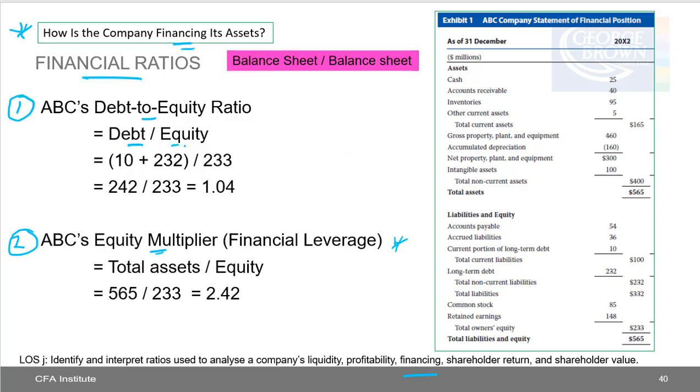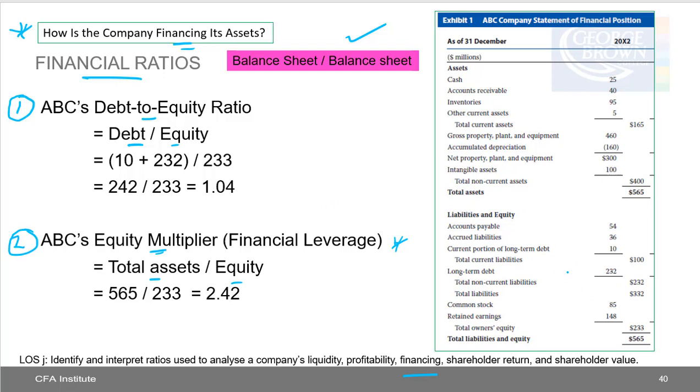Debt in the numerator, equity in the denominator. And the equity multiplier, financial leverage, is assets over equity. Okay, and you can see I've pointed out that these are balance sheet to balance sheet ratios. So you can see here one thing that you need to note, though, with regards to the debt,